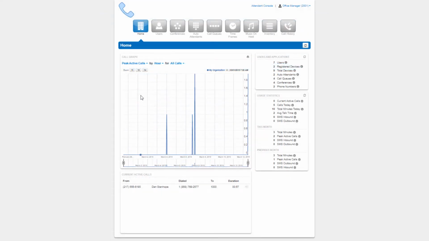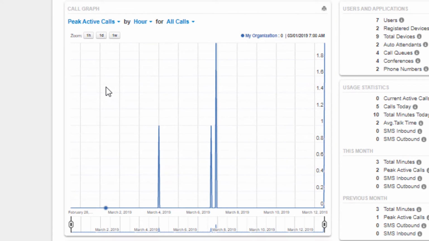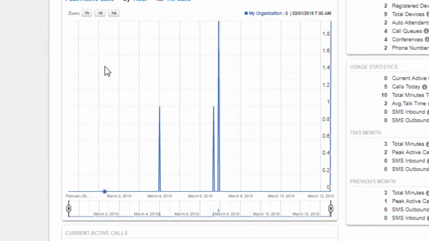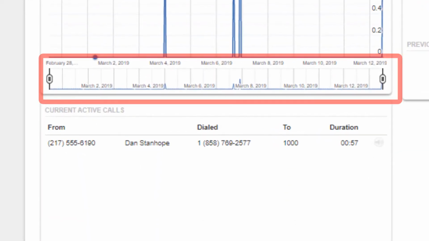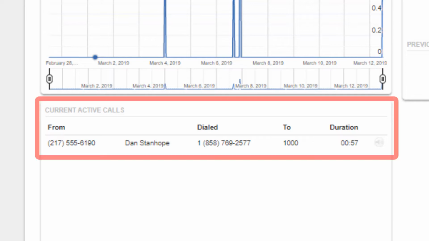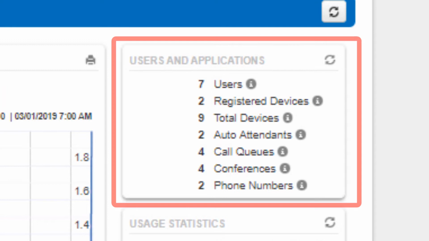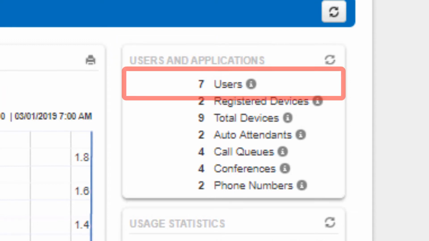On the home page, you will see the call graph panel, which gives you a visual call graph for the calls made within the specified time frame underneath. To change the date range, simply slide the ends. Underneath, you will see the current calls activity panel for your domain, which shows you the calls which are currently connected. To the right, you will see the users and applications panel, which displays how many users the domain has,